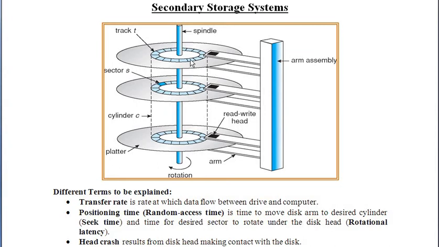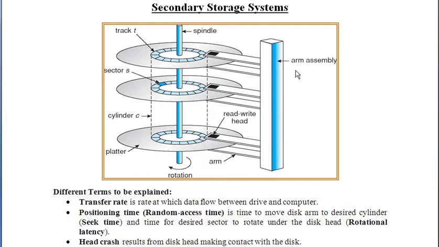Dear students, today we will see the secondary storage system and how exactly it works. So let us concentrate on this particular diagram, which will help us to know how our secondary storage devices or systems will work. You know the examples of secondary storage. It might be our floppy disk, hard disk, CD, DVDs. All these come under storage devices, which are called secondary storage devices, which all of you know that.